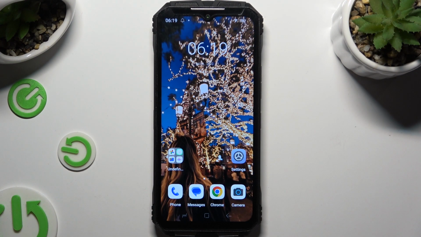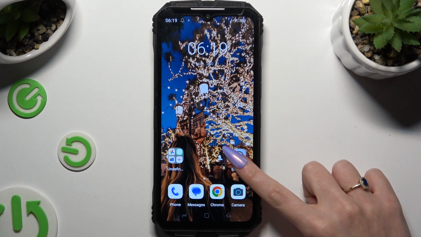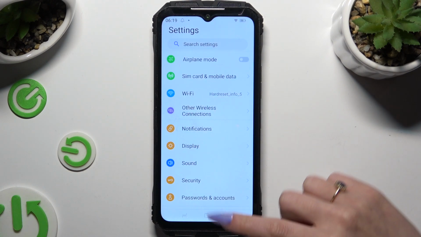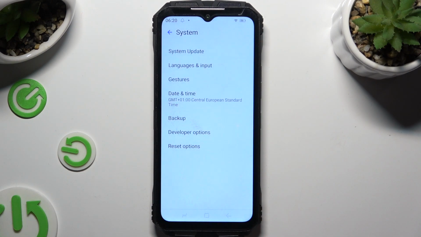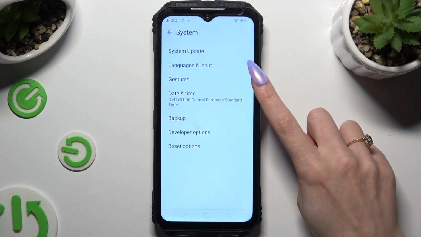Begin by going into Device Settings and scrolling all the way down right away. When you're ready, click on System. Now select Languages and Input,